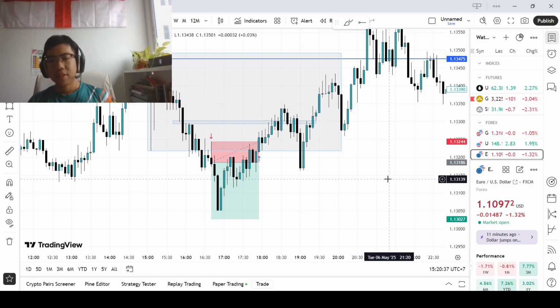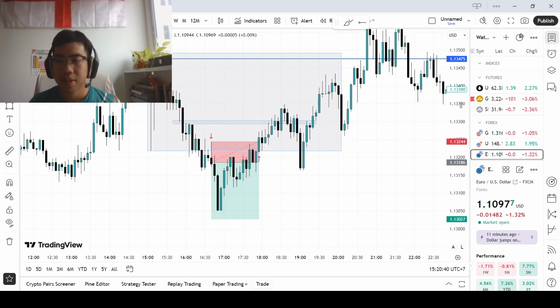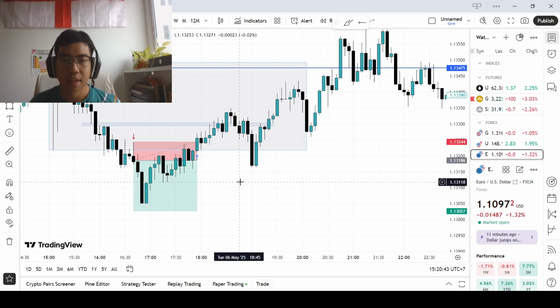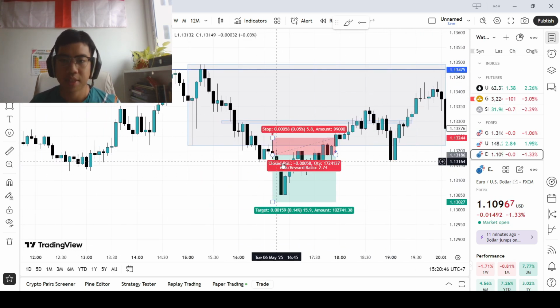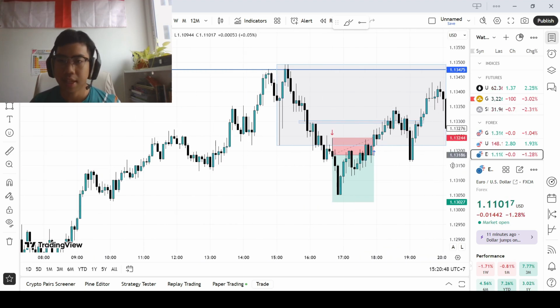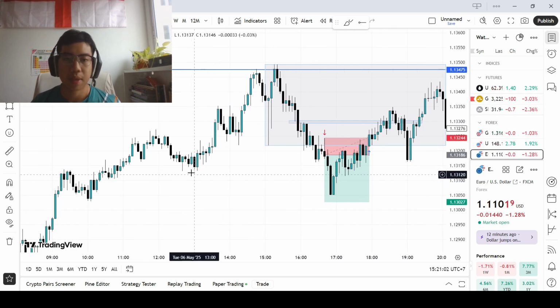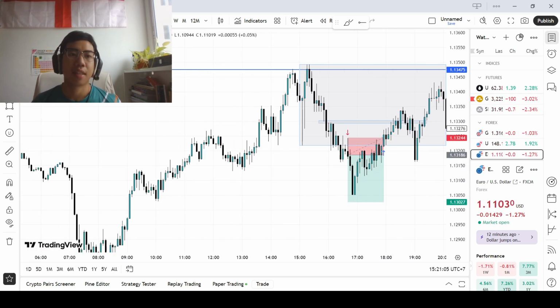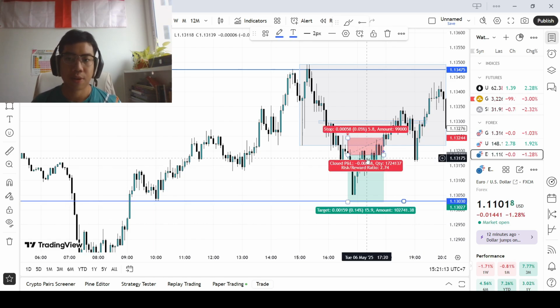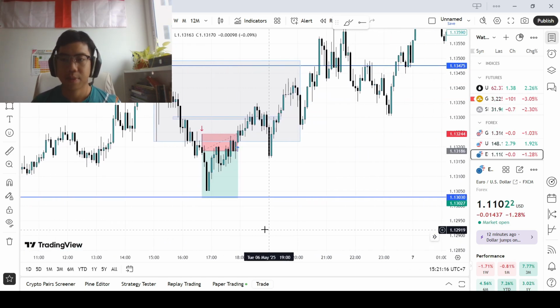Now, this is a very tight stop loss placement that I did here. I entered on short and I placed my stop loss on the wick of the candle that hit the order block, and I placed my TP at this predominant low that I believed was going to get hit, which apparently not. Well,